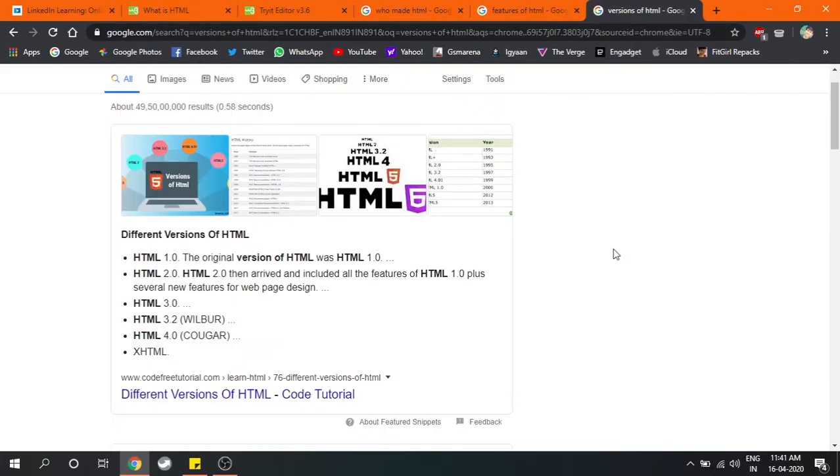So what are the different versions of HTML? It started from HTML 1, then 2 and 3, 3.2, 4, and today we are using HTML5, which is the latest version. Whatever websites you see today are designed using HTML5. Firstly, websites used to be made with Adobe Flash, but to support HTML5 they stopped using Adobe Flash anymore. So this is how HTML has developed throughout these years.